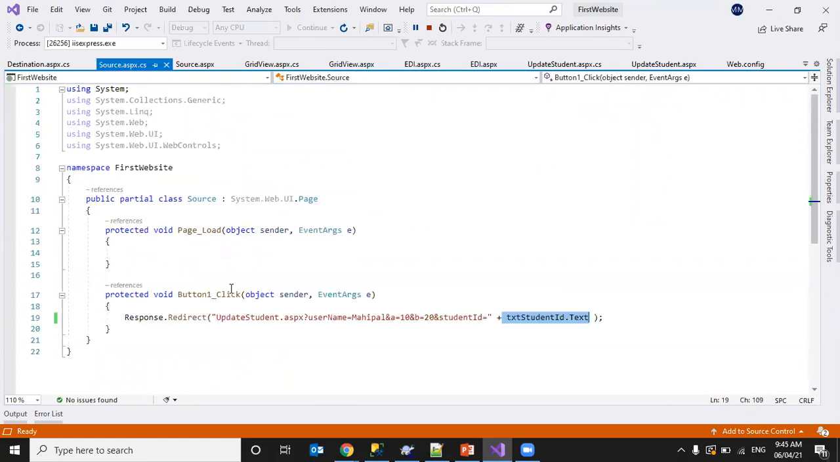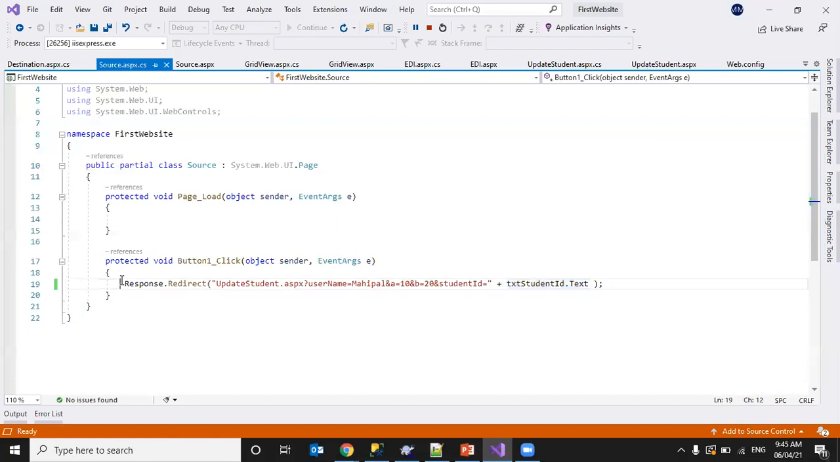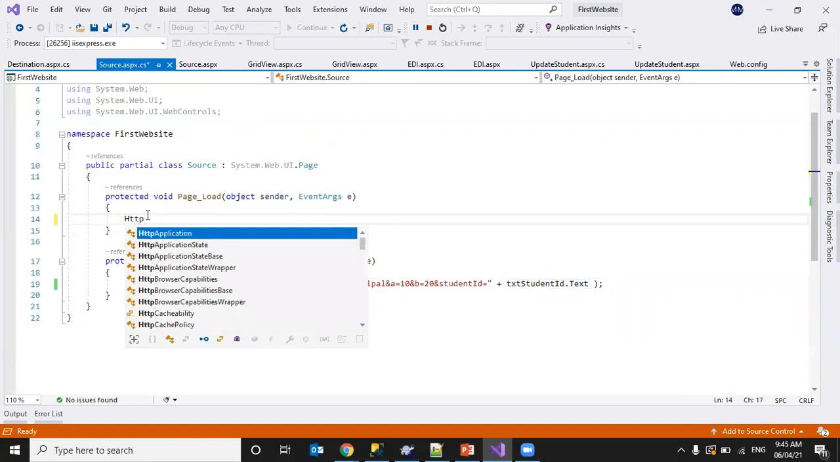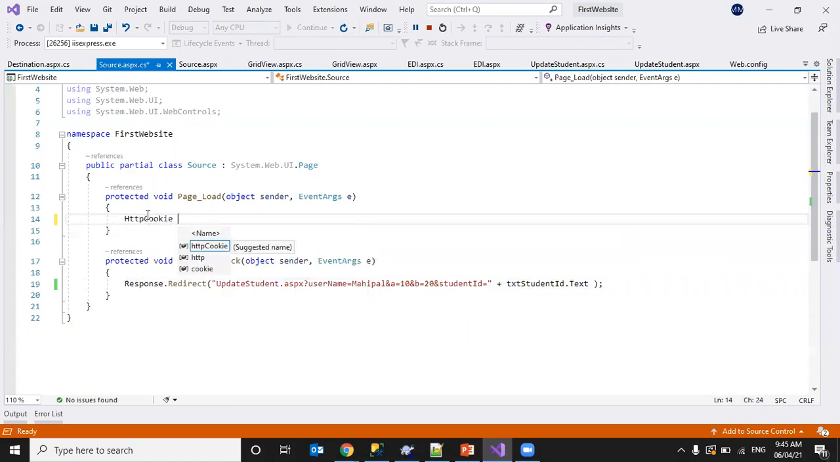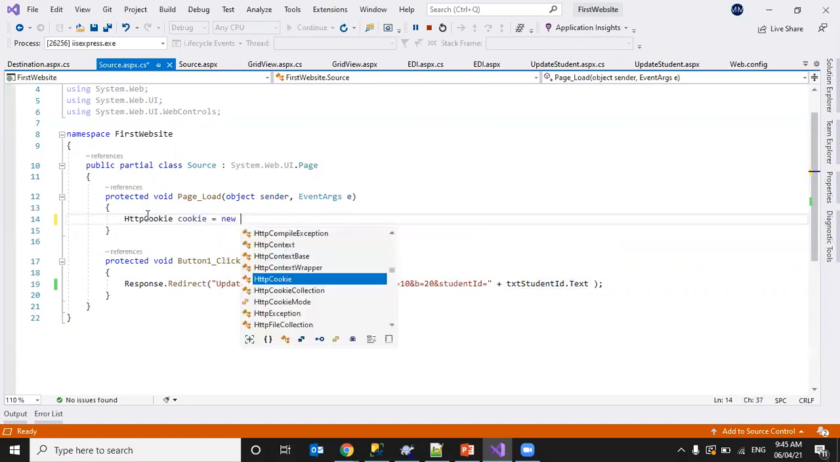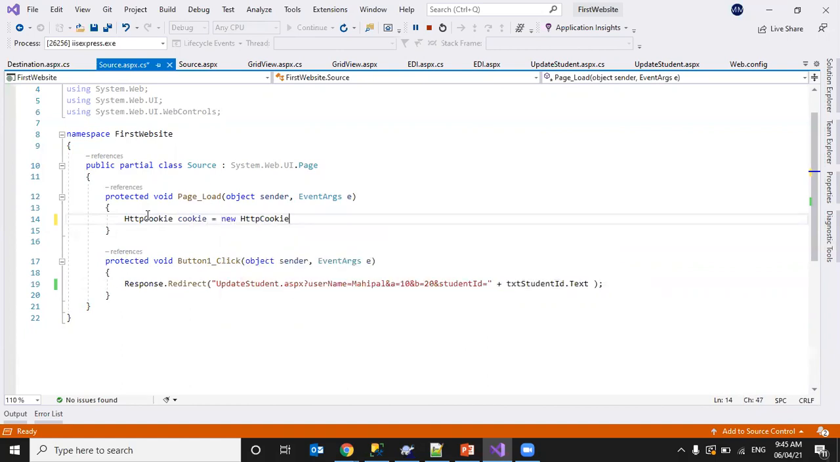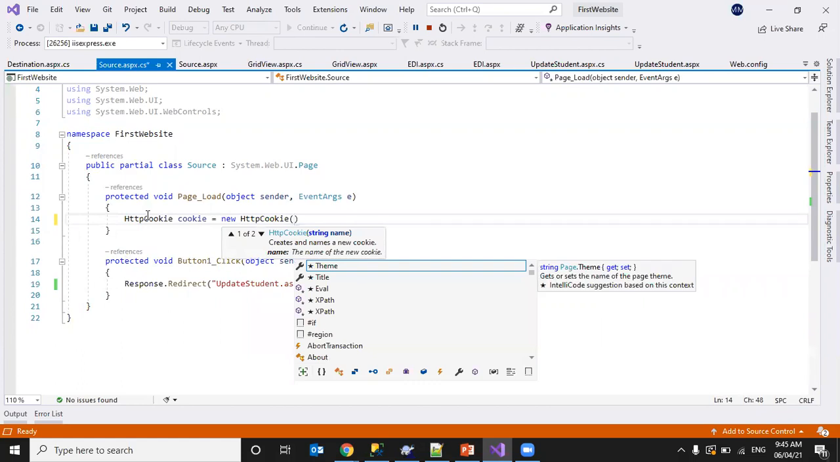cookies. Okay. To create a cookie, we'll use HttpCookie. We have to create an object to access it, new HttpCookie, and give a name to the cookie. See here, string name, string value. We can pass it directly here itself, or we can use the add method. Okay. So let's try